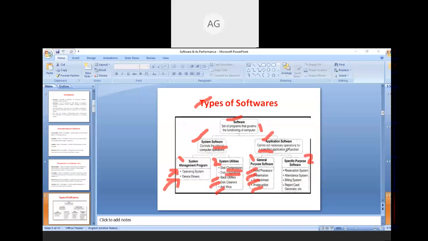The other category of application software is specific purpose software. These are built for specific purposes.